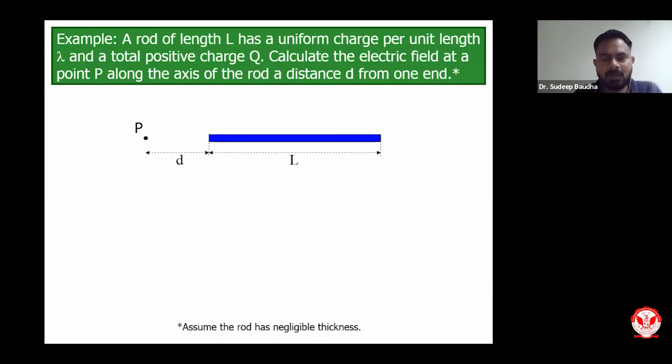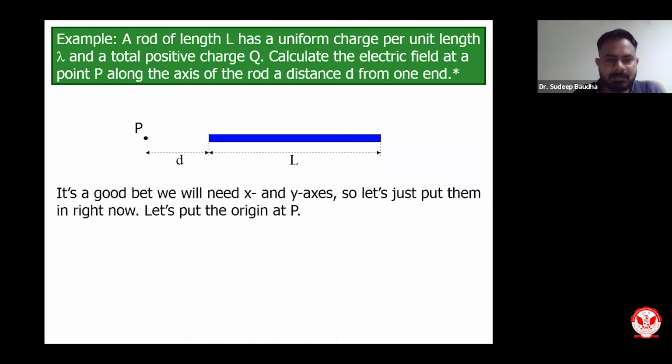So again, the concept is the same. What we have done in the previous case, the same thing I will be applying over here, step by step, and I will try to demonstrate the electric field at this point because of this rod. We will also analyze what changes in the relationship, compared to when we talked about the point at the perpendicular location, and at this location. So let's start the derivation.